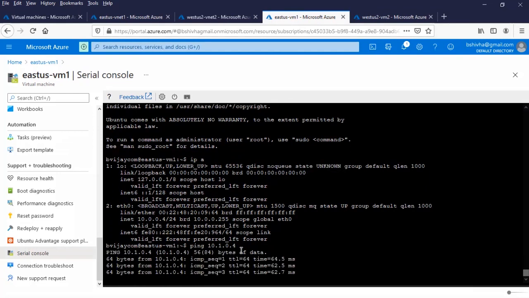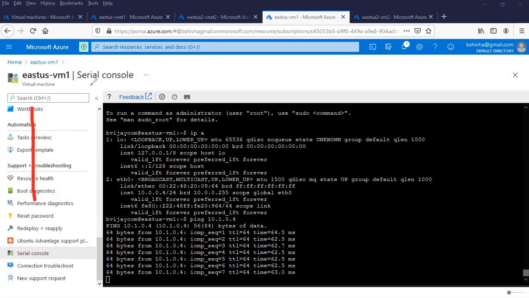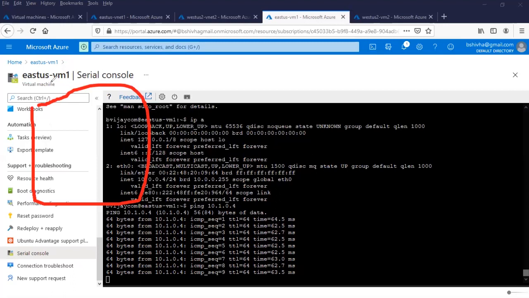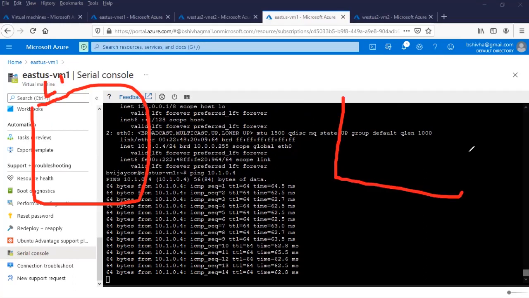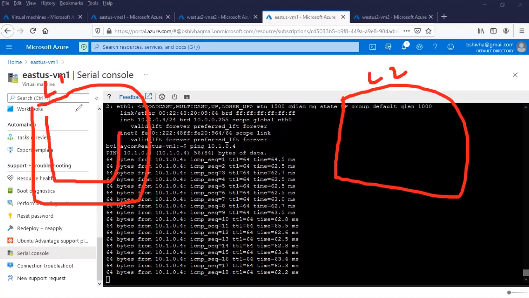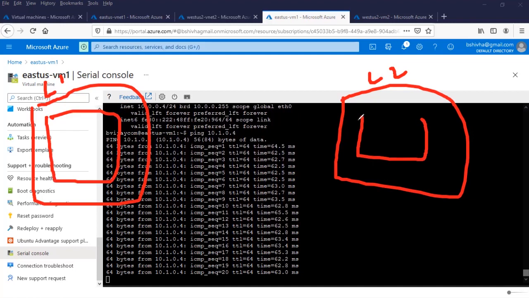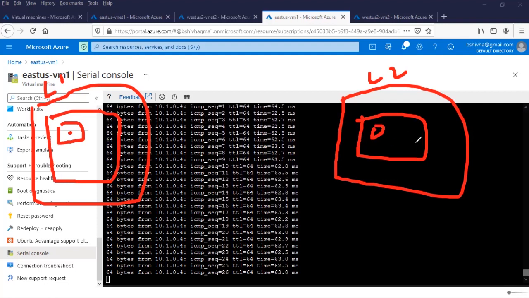So now you are able to correlate what we did. We have created a virtual network in location 1. We have created a virtual network in location 2. So this is the virtual network. This is the virtual network. In this, we created one VM. In this, we created one VM just for learning purposes. But in real time, you can assume there could be n number of resources.